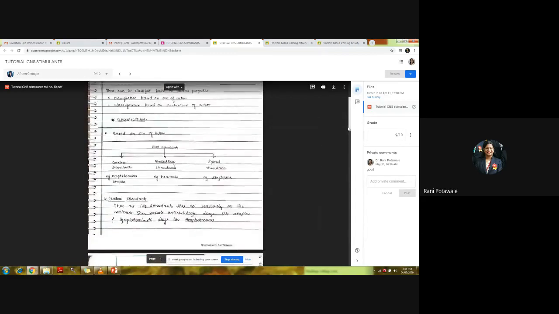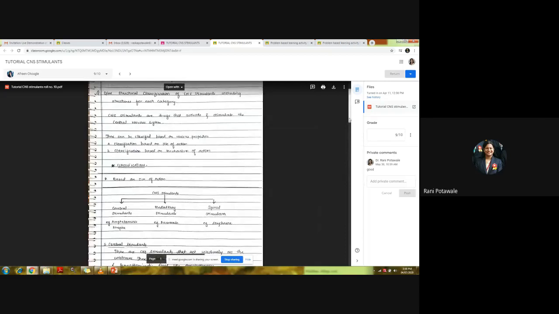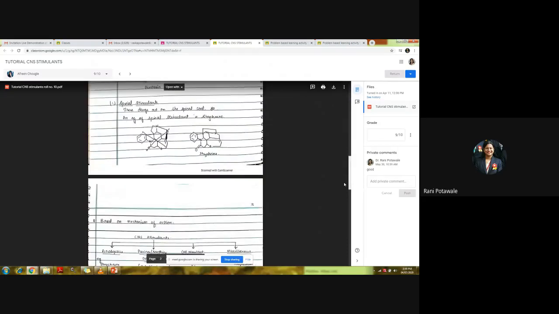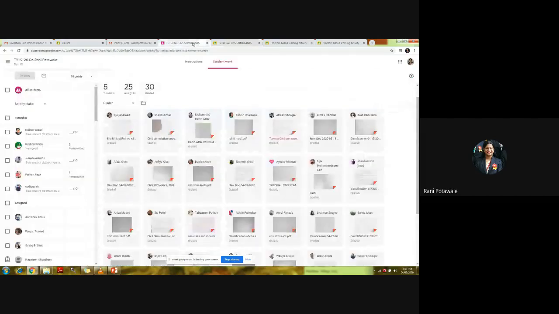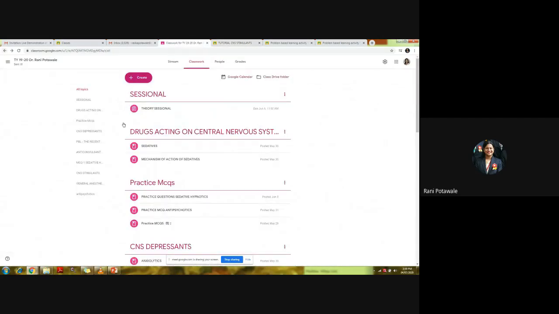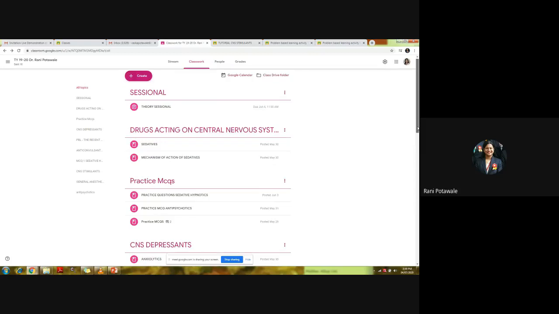Now you can check the assignment given by the student from this window, and if you want to suggest some correction or give any remark, here is the option to give a comment. For this particular assignment, I have already given one remark here. The structures are there but the numbering is missing, so that remark is given by me. When you return this assignment to the students, students are able to see the marks as well as the comments or the corrections suggested by the teacher. So this is one kind of assignment, a handwritten assignment, that we can take from the student.